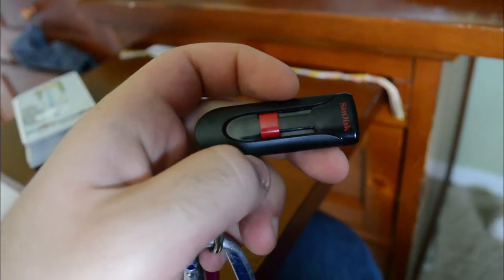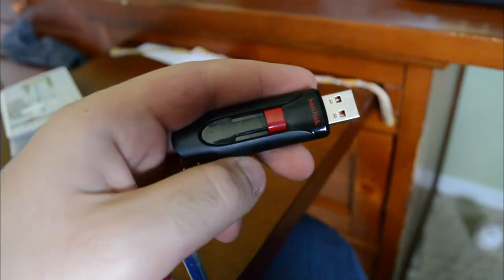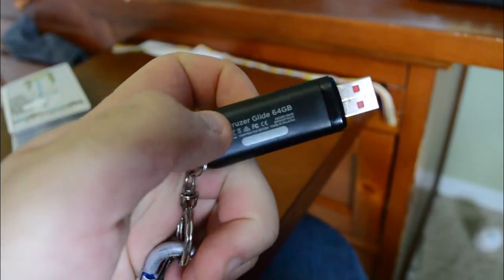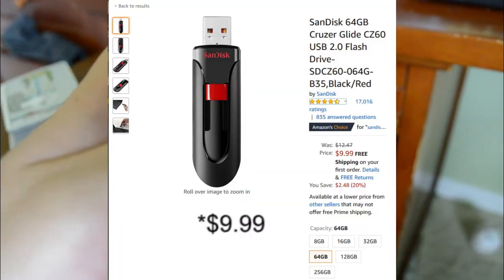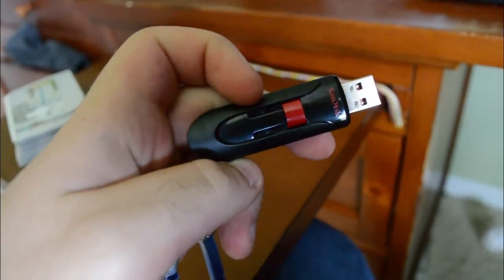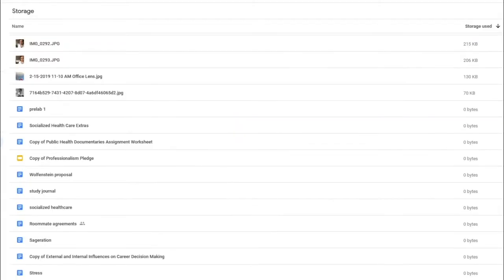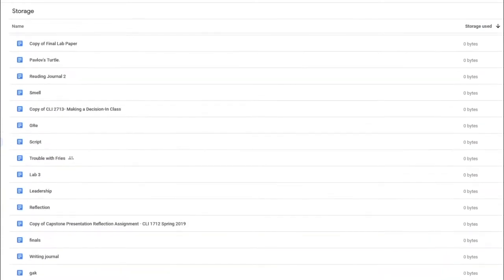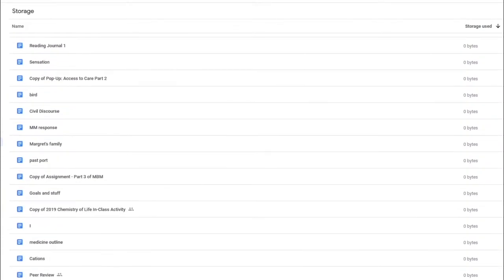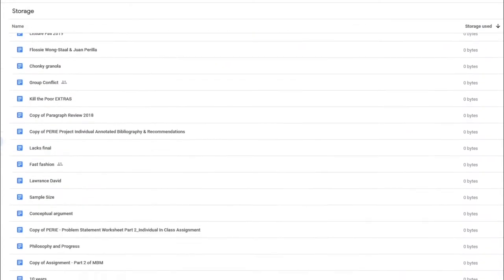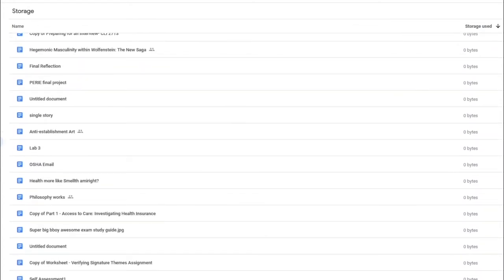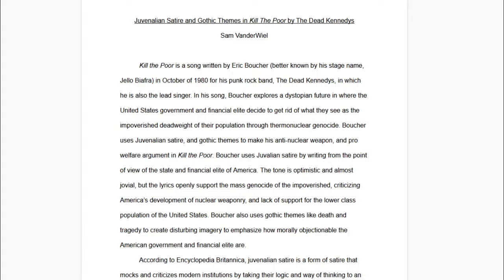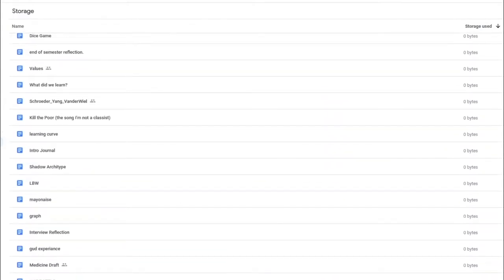Here in front of me is a 64 gigabyte Cruzer Glide, which costs about $7 on Amazon. I think I got this at my local Walgreens. Also in front of me is my 2-year-old university-appointed Google Drive. Over the last 2 years, I have amassed a large collection of files including videos, images, graphs, documents, and perhaps the strangest paper I've ever written. 2 years of hard work and studying has created